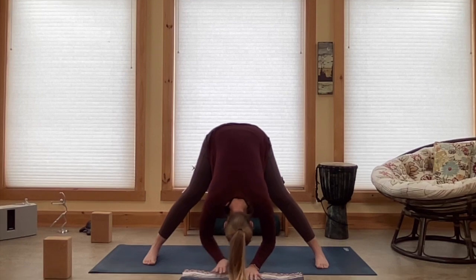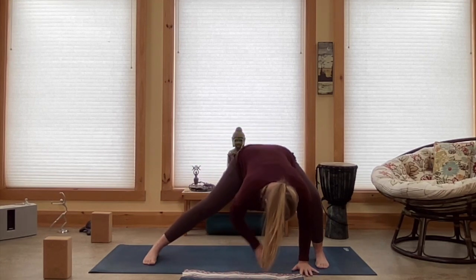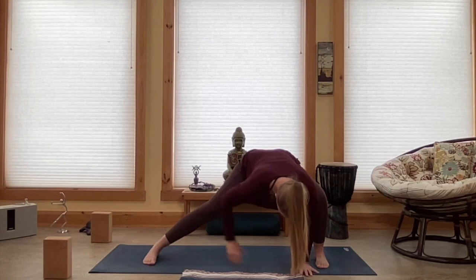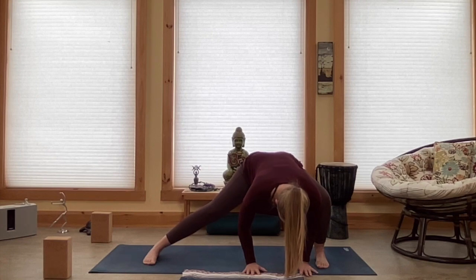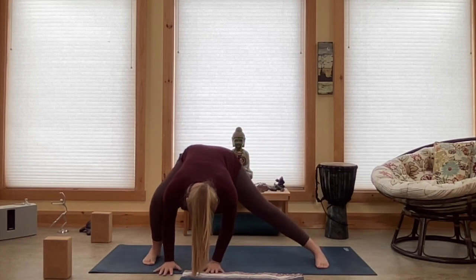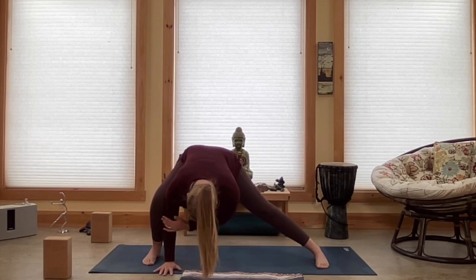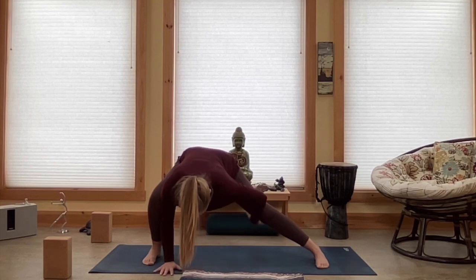And with an inhale, walk your hands towards your left foot. Bend the knee, and you're going to get a nice stretch through the right inner thigh. Hold for a breath. Then inhale, walk your hands over to your right foot or the other foot. And pause there. Keep the elbows on the inside of the knee. Okay, so we're keeping the upper body on the inside of that leg, and the nice stretch down the inner